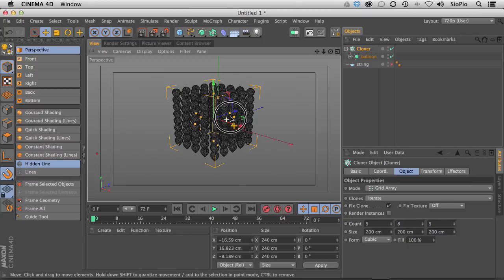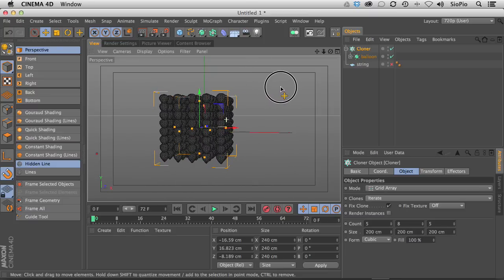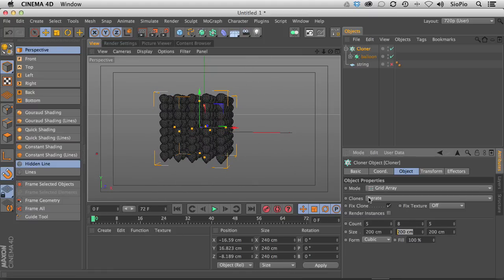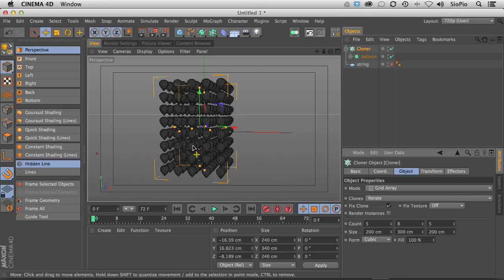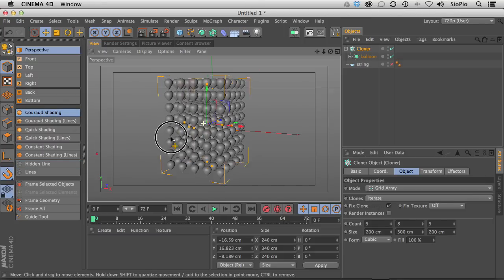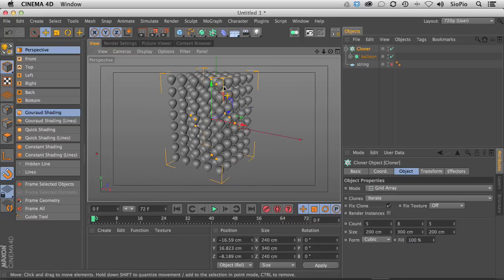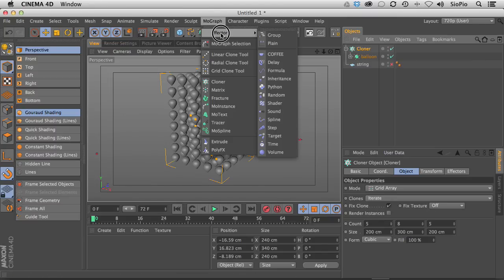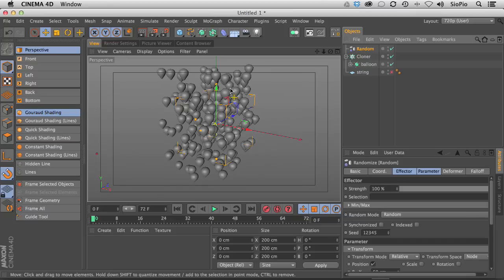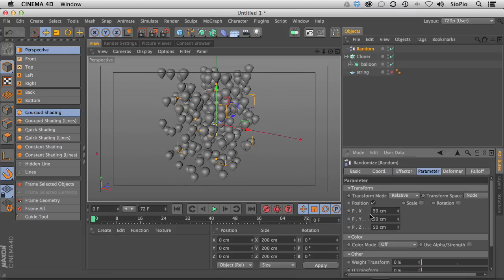And I don't want these touching. So I'm going to spread them apart, maybe 300 tall. Let's go back to our quick shade here. Now we've got this army of balloons. I want to randomize them a little bit. So with the cloner selected, if I go to MoGraph Effector Random, it's going to add this parameter, this random